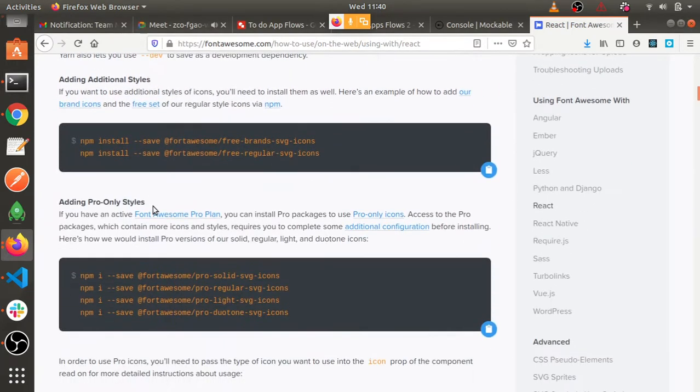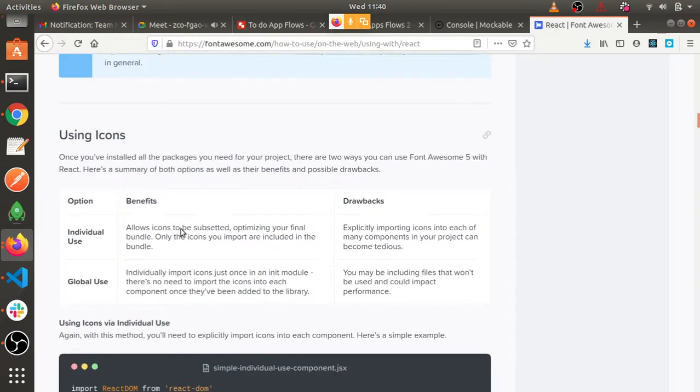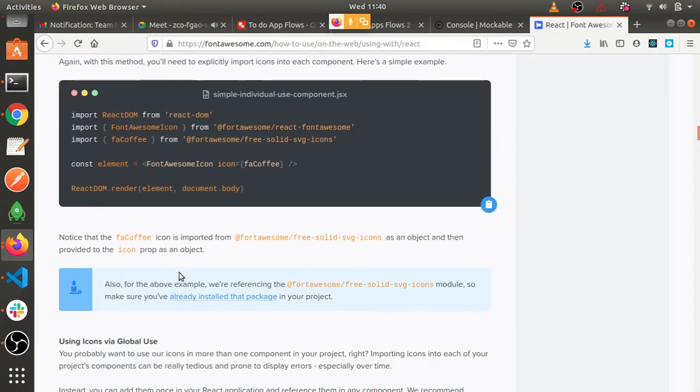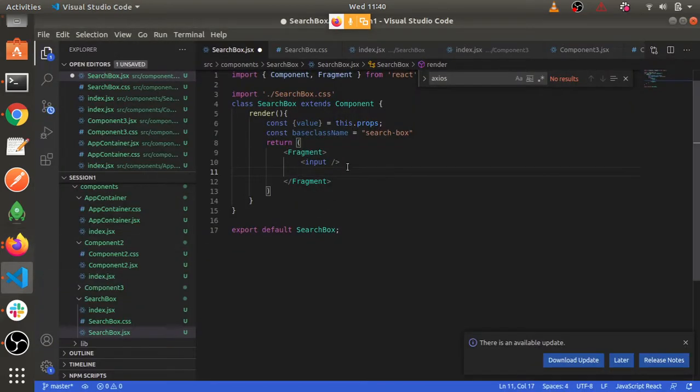If you scroll down, you can see what we can do is we can just, oh, that way is not given here. Not a problem. Now everything is written here, how to do that. So we need to import React DOM and these two. So these two are necessary. So we'll import that.